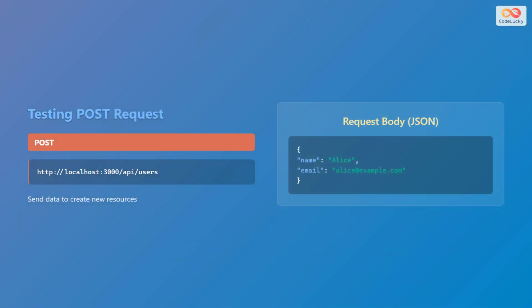Let's test a POST request. The Uniform Resource Locator, or URL for this example is http://localhost:3000/api/users. This request is used to send data to create new resources. The request body should be in JavaScript Object Notation, or JSON, format as shown here. {"name": "Alice", "email": "Alice@example"}